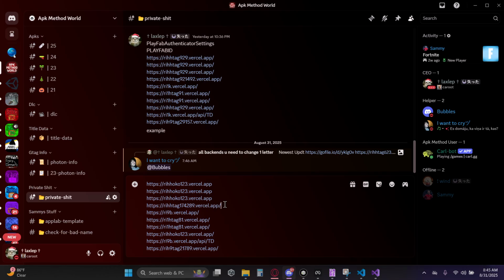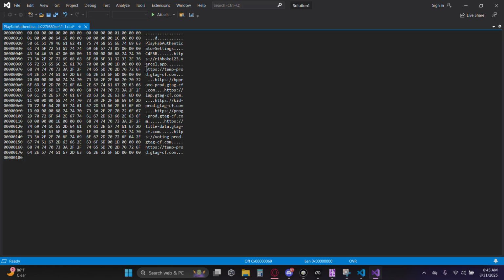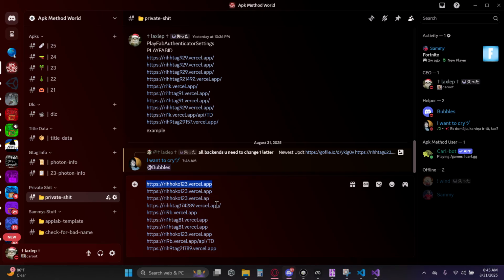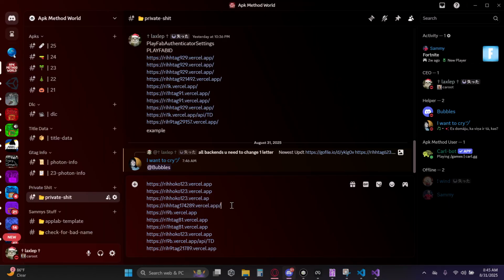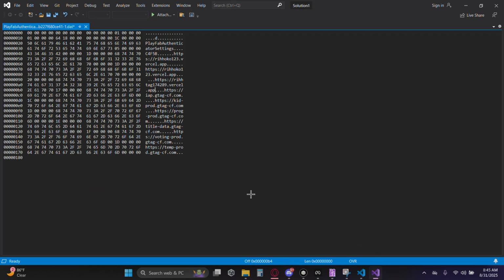Okay, so remove all the slashes. Get these and replace. Then with this one, you want to get the longest one. Then paste. Oh, that still had that. Okay, then